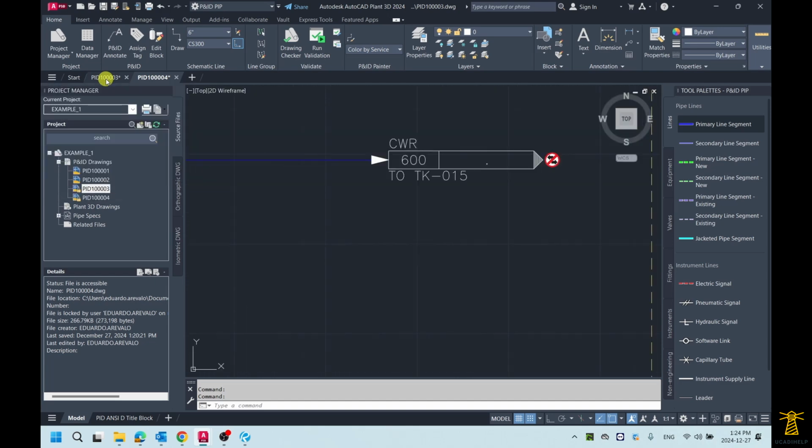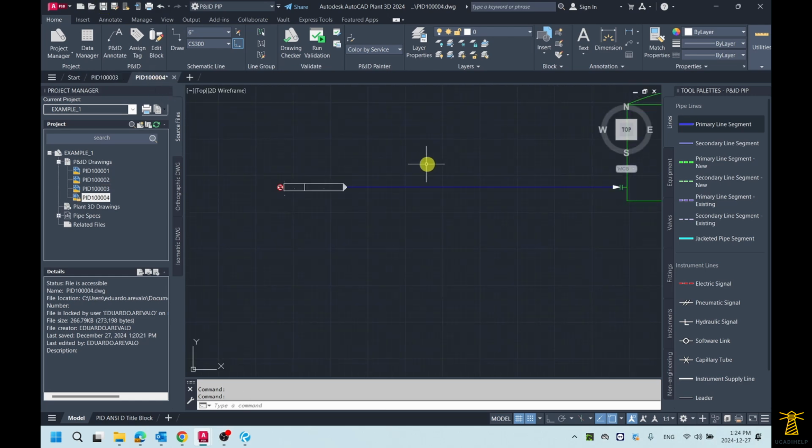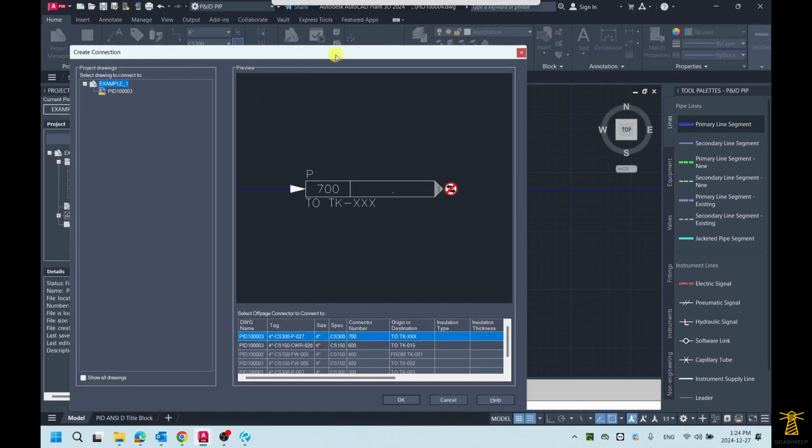So to connect that, first we're going to save this. We're going to click on save, and then we're going to move to this P&ID, and we are going to connect this OPC with the other one. Right click, we're going to select off-page connector and connect. As you can see, a list is going to display with the available lines I have to connect with. In this case, as you can see from the P&ID 003,